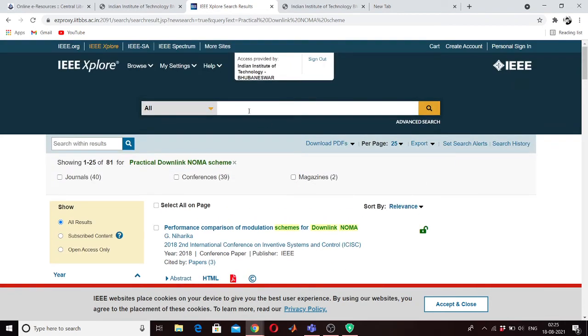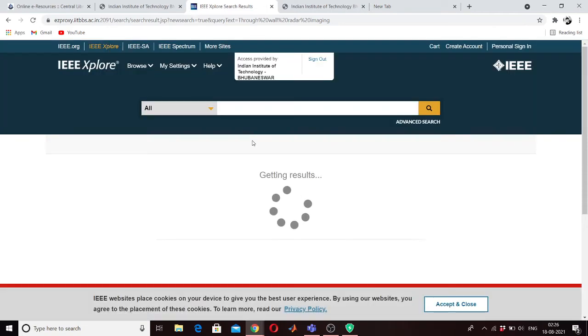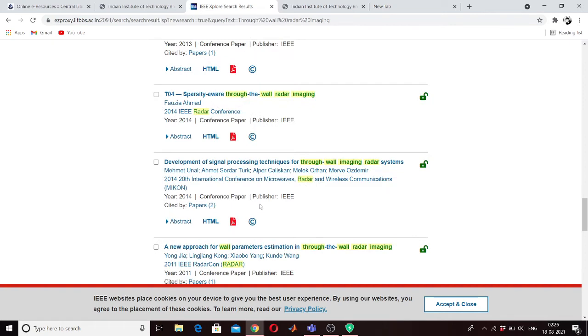Now if I type in some other thing like digital through wall radar imaging, so through wall radar imaging, we got all the resources for this.